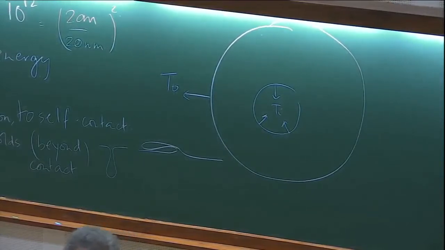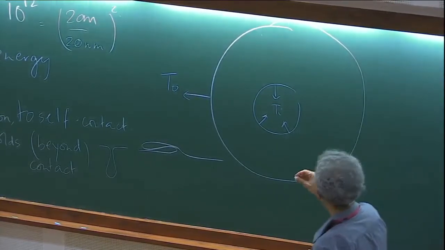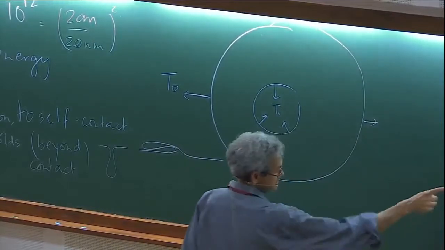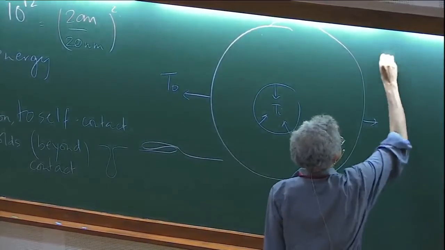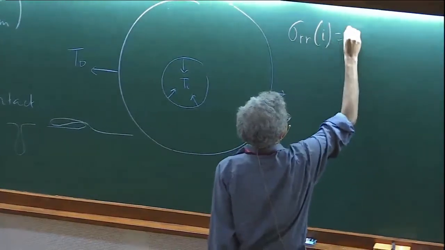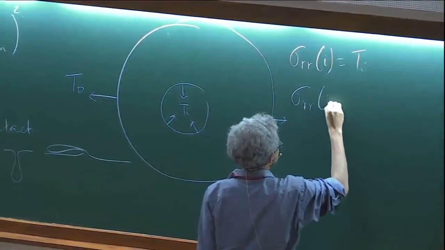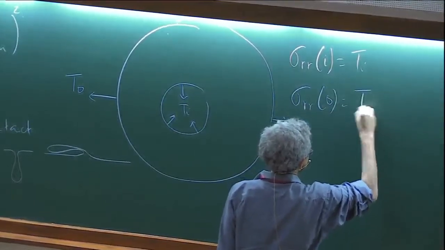If the tension outside is very big, then everything just expands nicely. Everyone's happy. So these things already tell you the boundary conditions on some of those things. So sigma r on the inside is T inside,